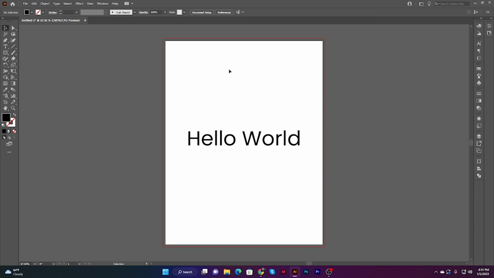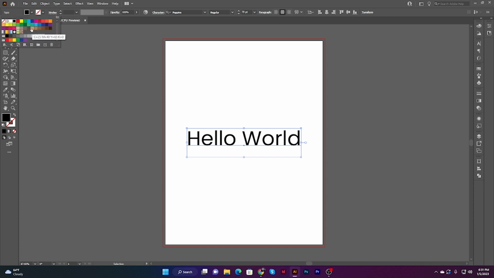So now I want to change the color of it. So how can we do that? We can do it in different ways. You can see the color option here, or you can select this one. For example, you can select the color here and here. And now if you want to select